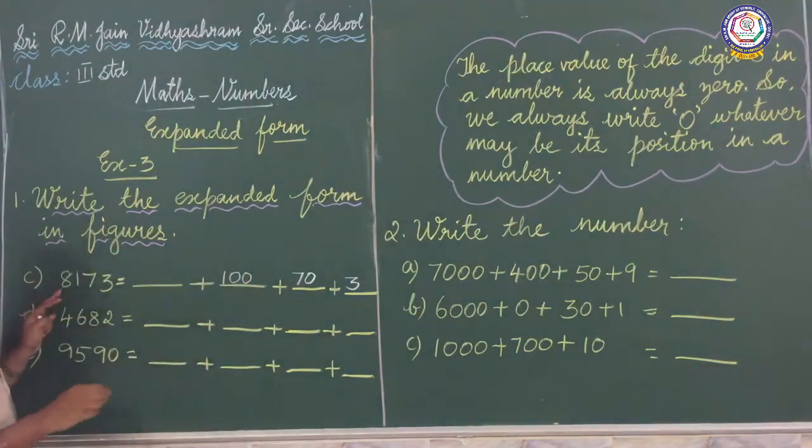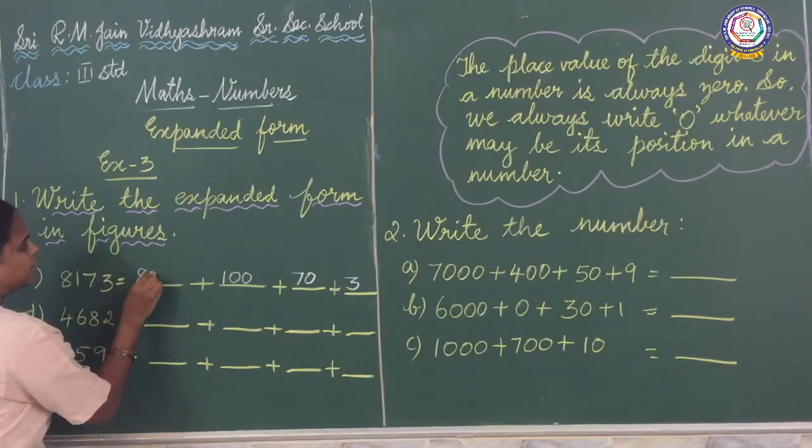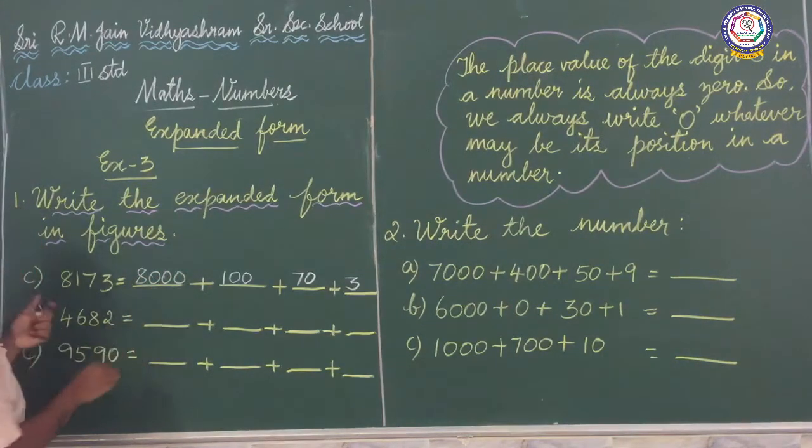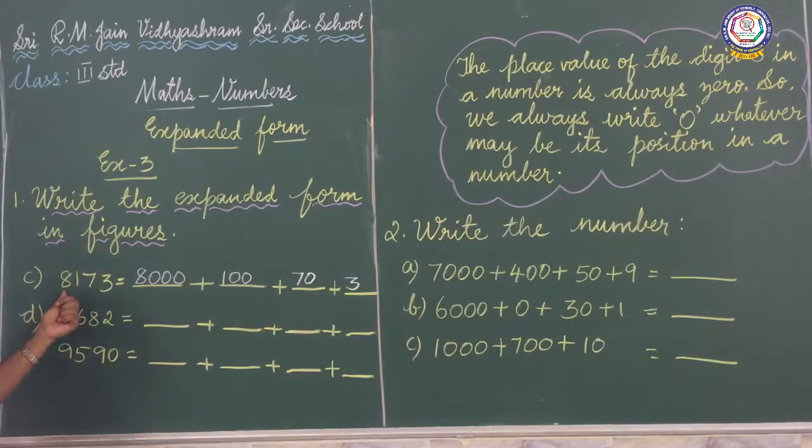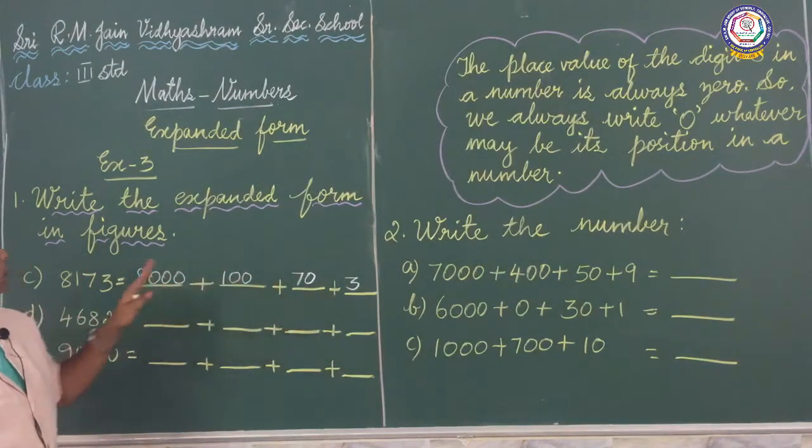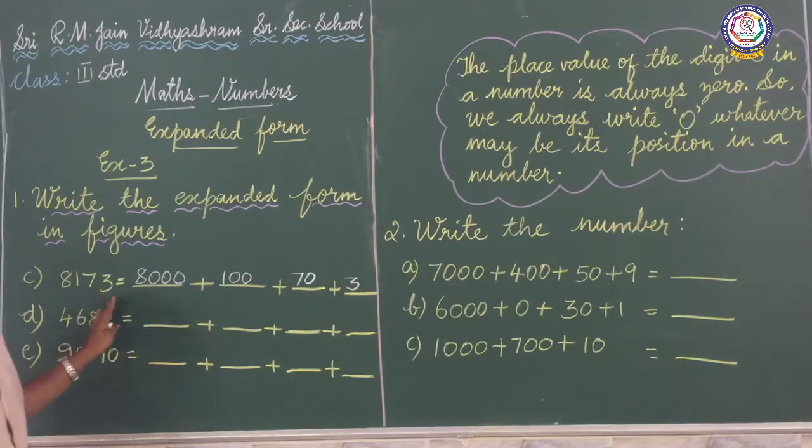Next, place value of 8 is thousands. What is the place value of 8? 1000. So what you have to write? 8000. So 8173, how will you write? If you know the place value of the number, you can write it easily. So 8,000, 100, 7 tens is 70, and the place value of 3 is ones, so 3 ones equal to 3. Next one,